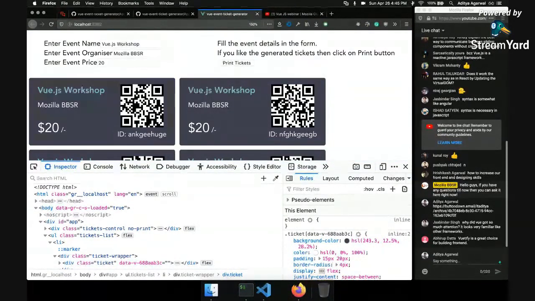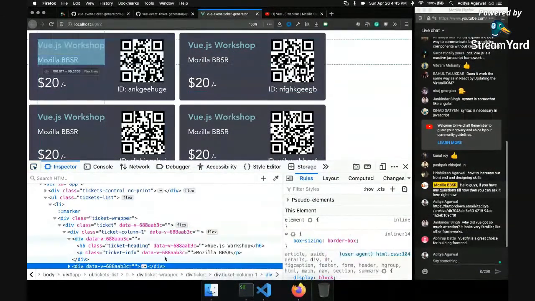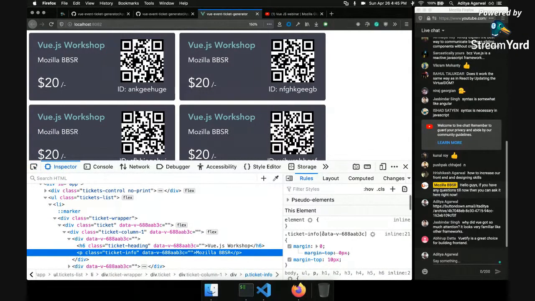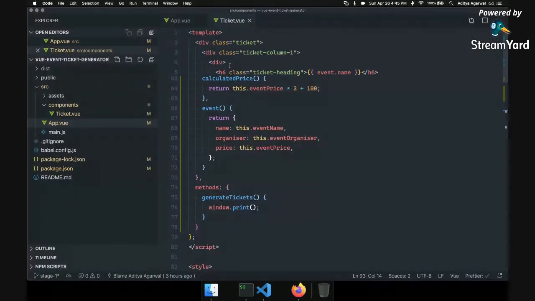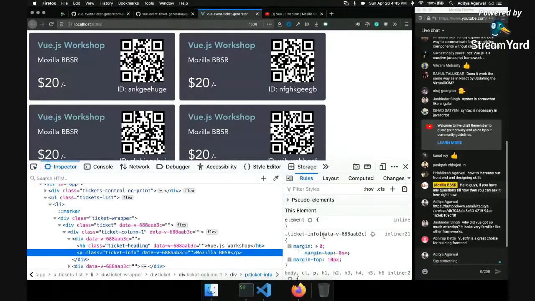Now whatever CSS you are writing, like this ticket info, we just wrote ticket info in the CSS, but what Vue did was add this data-v thing as well.